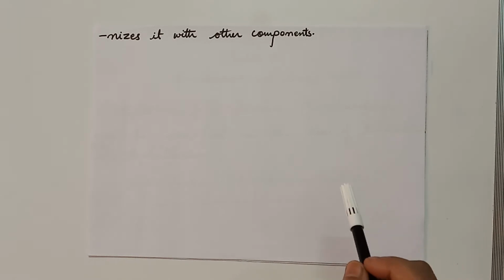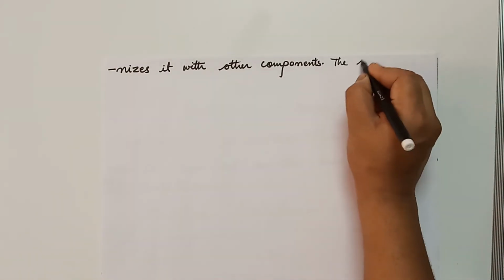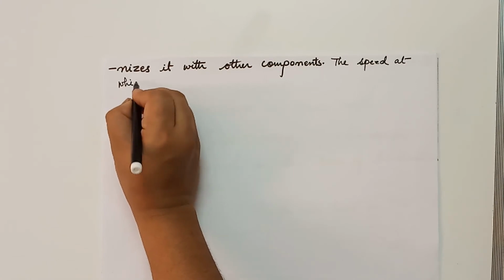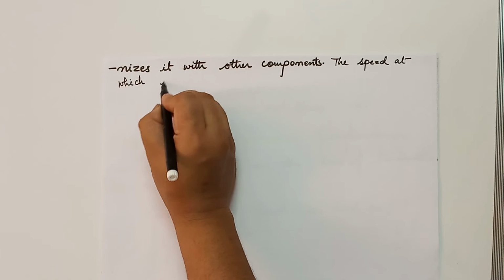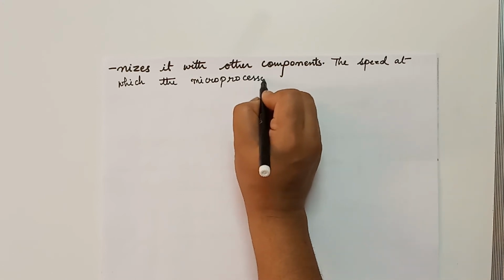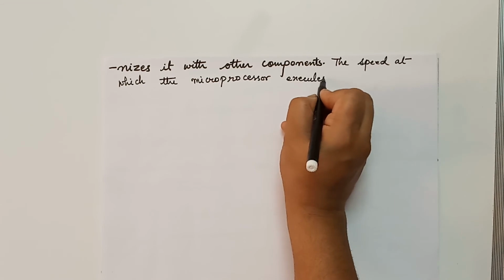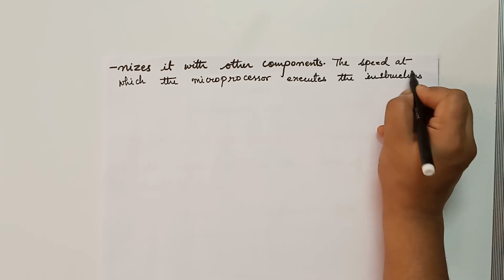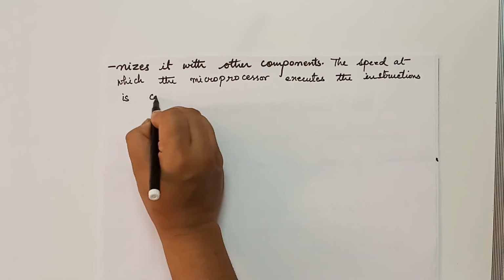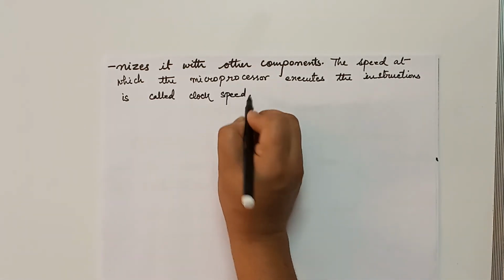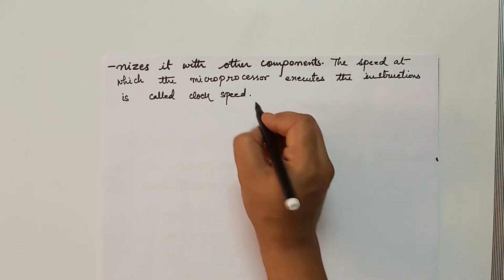So basically the speed at which the microprocessor executes instructions is called clock speed. I repeat, let me write it down: the speed at which the microprocessor executes the instruction is called clock speed. Basically, it is measured in the unit of